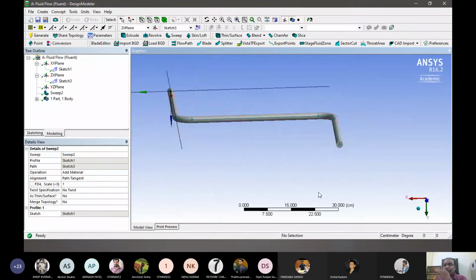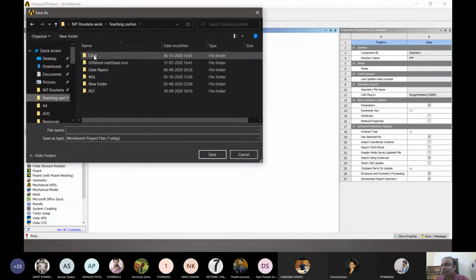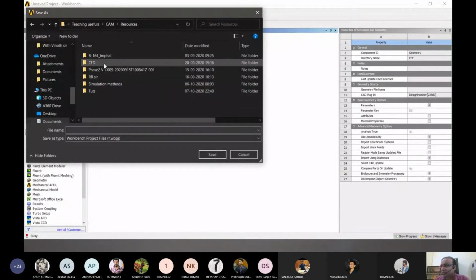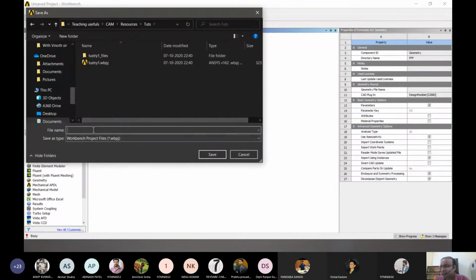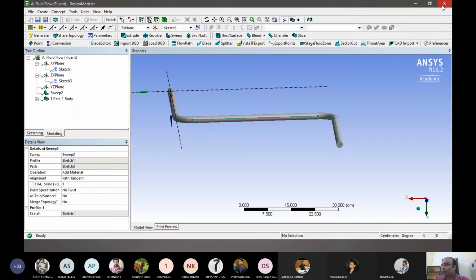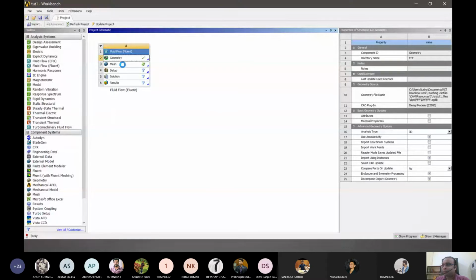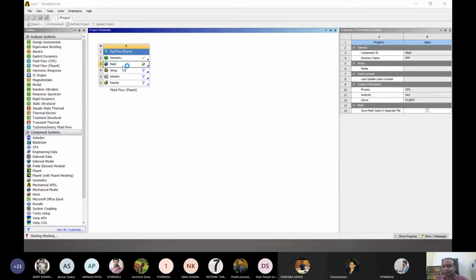Okay, so this is done. Let's just save it, and we can close this geometry. We are done with the geometry part, and we can open the next part, that is meshing and discretization.